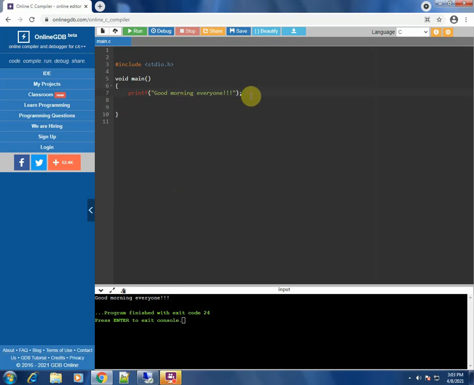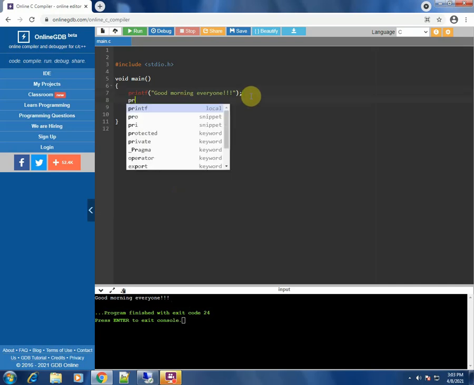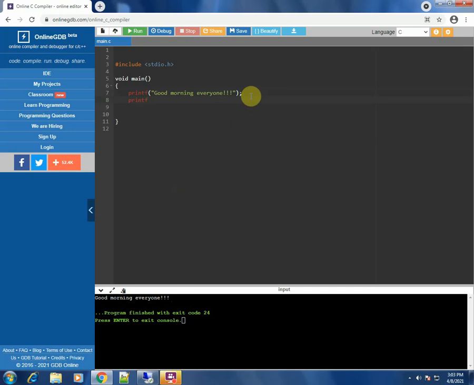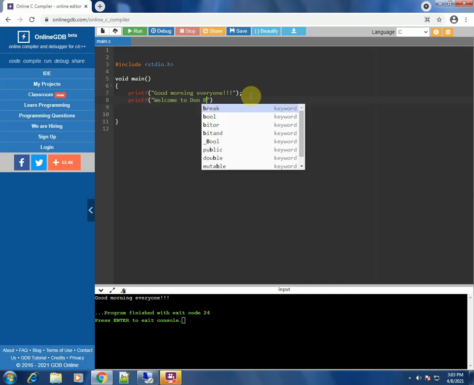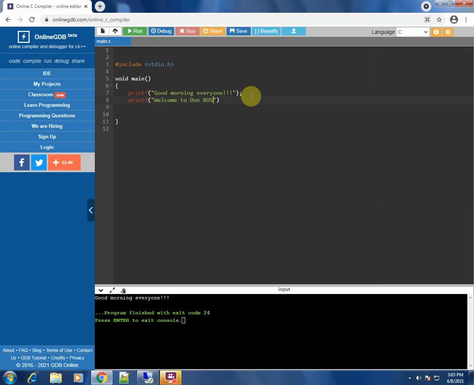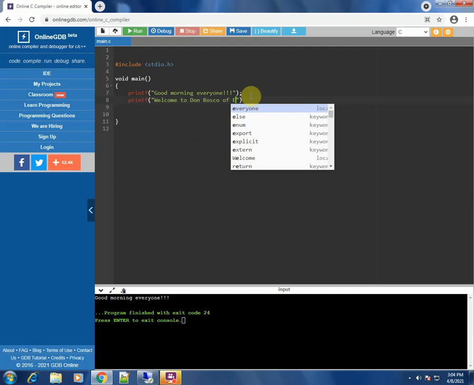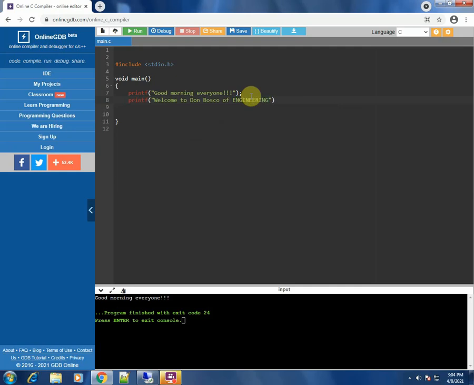Now let us write another line of code. I will write another printf statement, printing something else. Okay, so this is what we have to print.